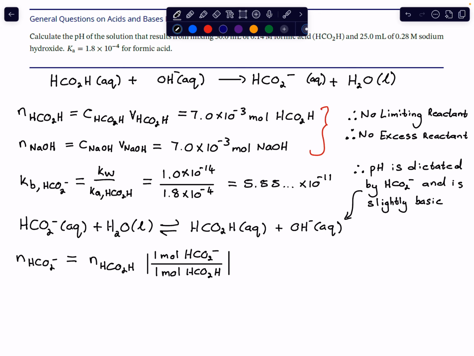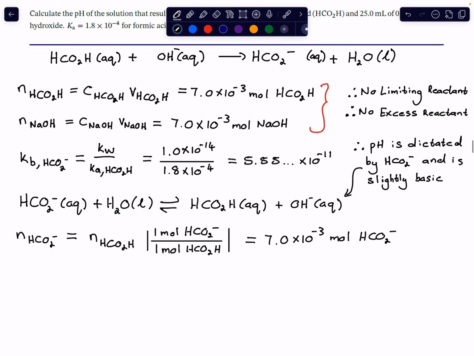That's according to our reaction equation. So that means that we also have 7 times 10 to the minus 3 mole of the formate, HCO2 minus, that forms, and therefore the initial concentration of